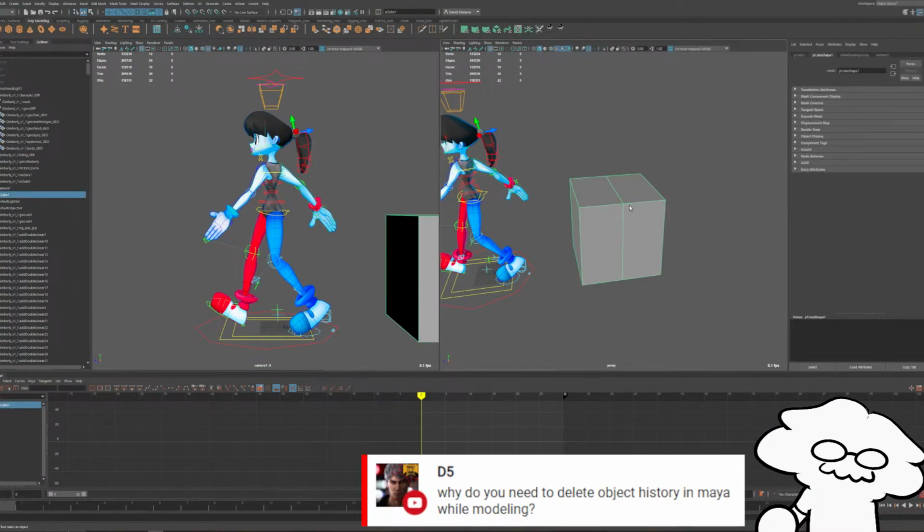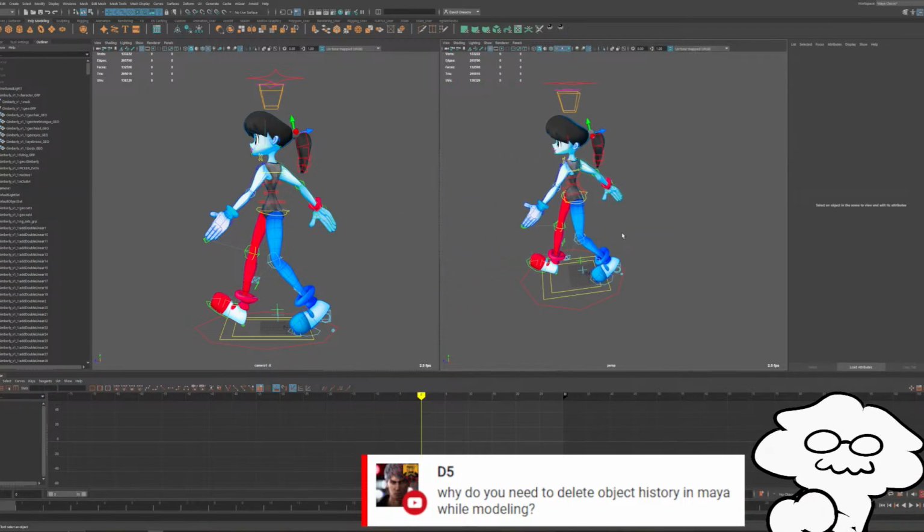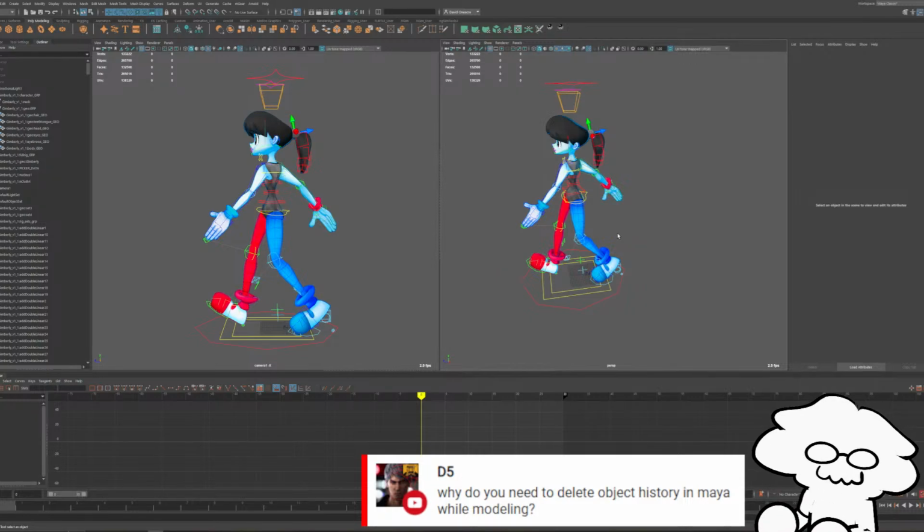Again, this doesn't really matter for animating. If you are an animator and you're just working with rigged characters, you do not need to do that. It's just specific to Maya, but it's important to know. And whenever we do a proper Maya tutorial, I'll get into some of that.